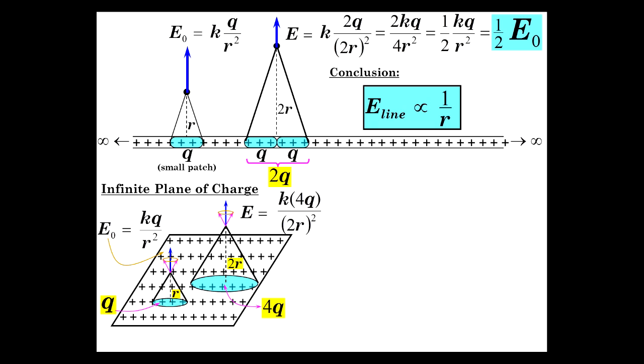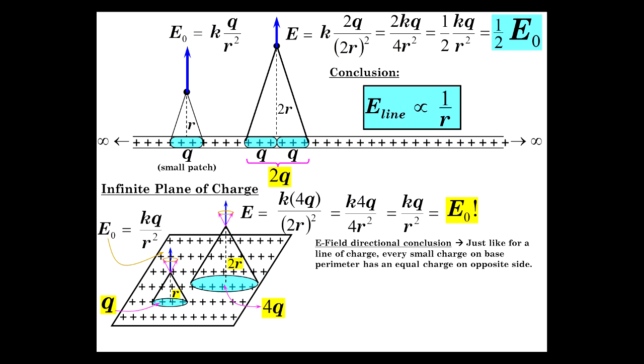Don't be fooled. So E is k 4q over 2r quantity squared. And that gives us kq over r squared, which is E0,